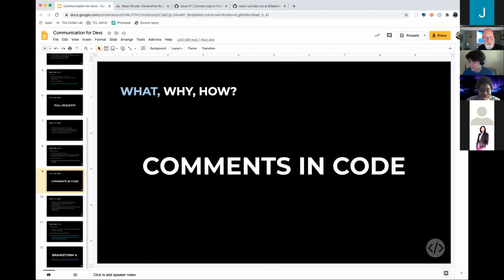And then the last thing we'll talk about is comments in code. So this is something that, I don't know, Joey, if you found this, but it's surprisingly controversial, like commenting, right? Yeah, anytime there's comments in any code I see, there's usually someone on my team that asks if we can remove it. Yeah, okay, well,